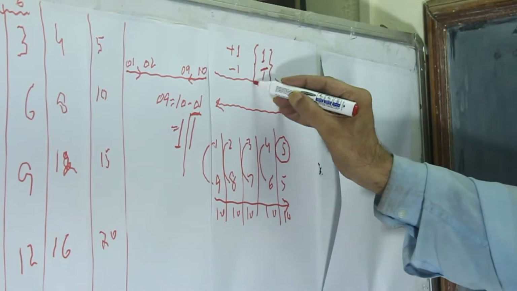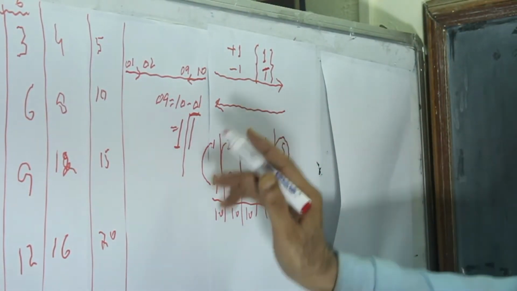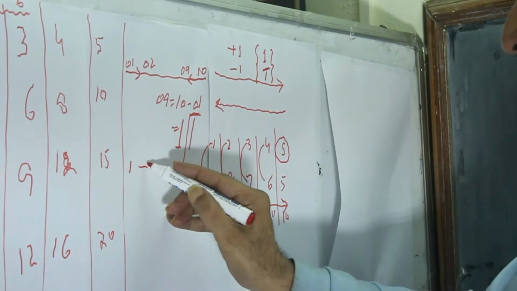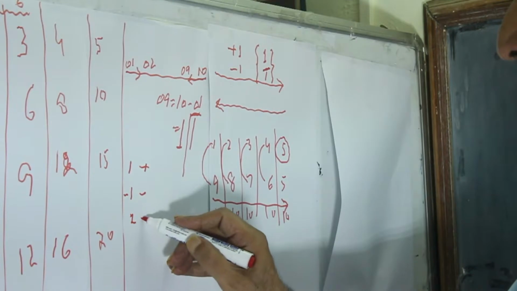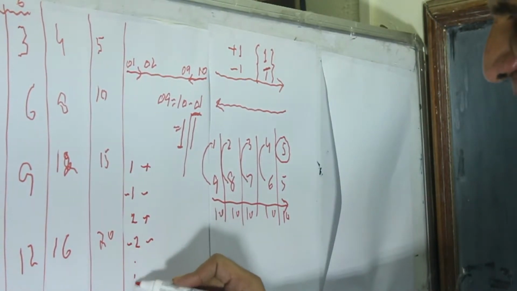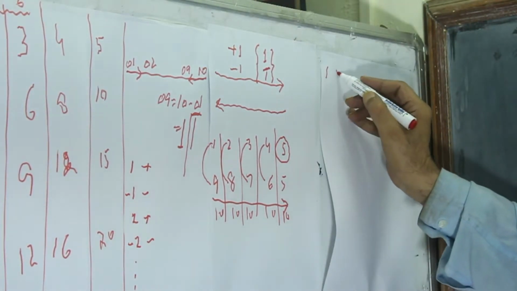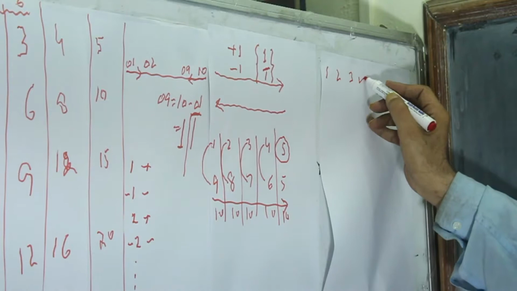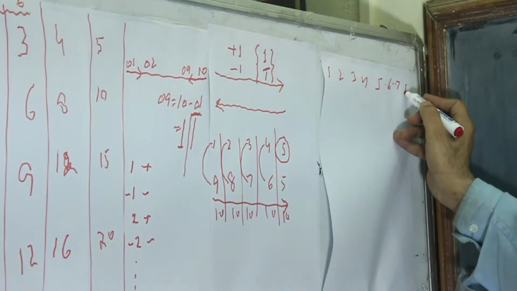It has a method that the negative numerals, we call 1 a positive numeral, minus 1 a negative numeral, 2 a positive numeral, minus 2 a negative numeral, and like that we can reach. Therefore, instead of working with 1, 2, 3, 4, 5 up to 9, 6, 7, 8 and 9, we can work with 1, 2, 3, 4, and then we can work with